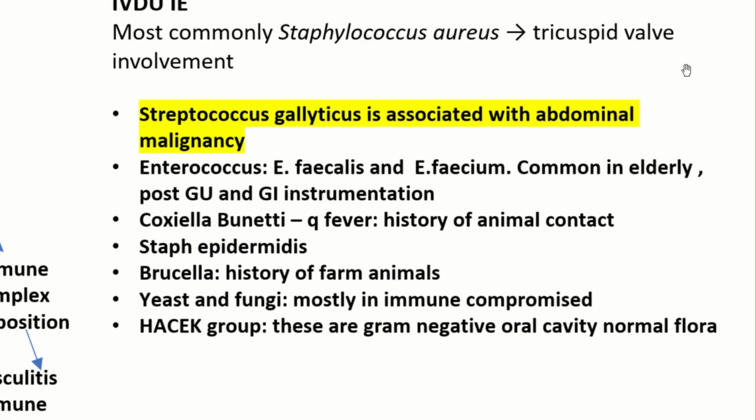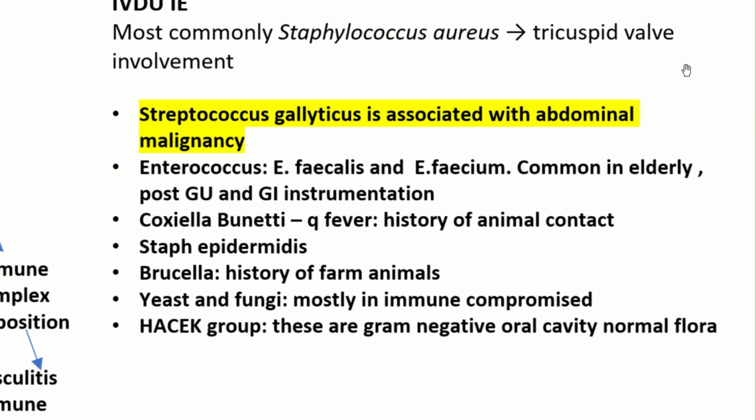Yeah, so we have some other organisms like Strep gallolyticus, and this is mostly associated with people who have abdominal malignancy. So if you did a culture and found this organism, it is important that you rule out abdominal malignancy in this patient. Then we have others like Enterococcus faecium and faecalis, and these ones are common in the elderly, mostly after instrumentation of the